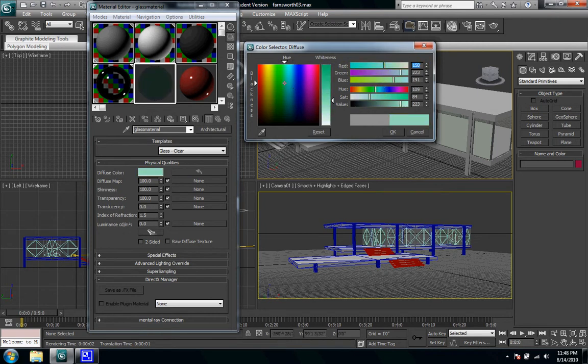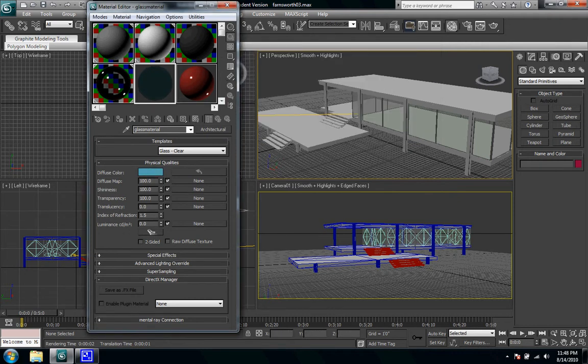The color selector looks the same for all of them pretty much. It has this rainbow box over here, and then also RGB values on the right, and HSB as well. So say we want it a little bit like that. Okay. Go up here if I want to see it on that background. Here's the reflection. That's what you're going to see as far as it reflecting, and then you can go through all these